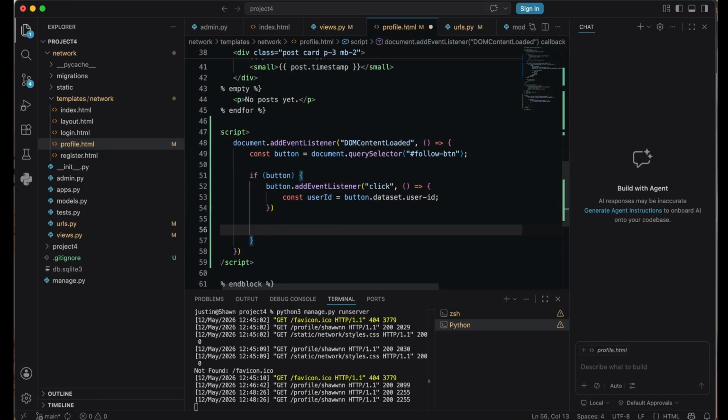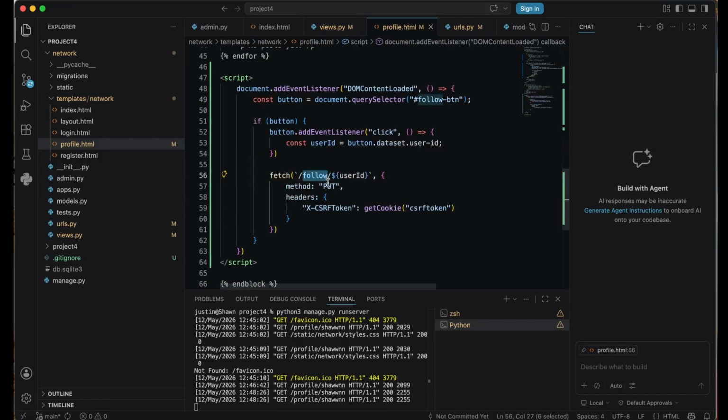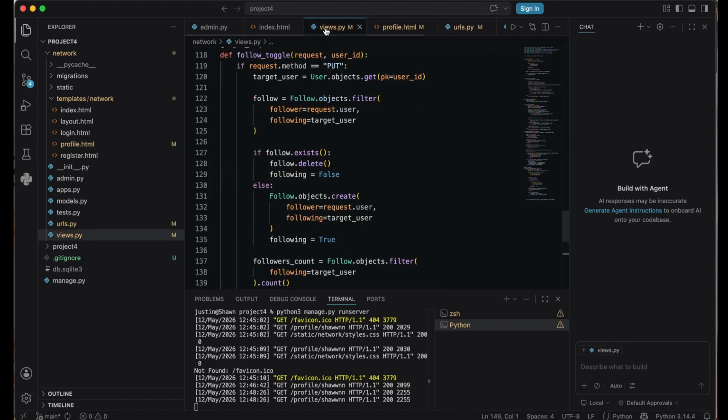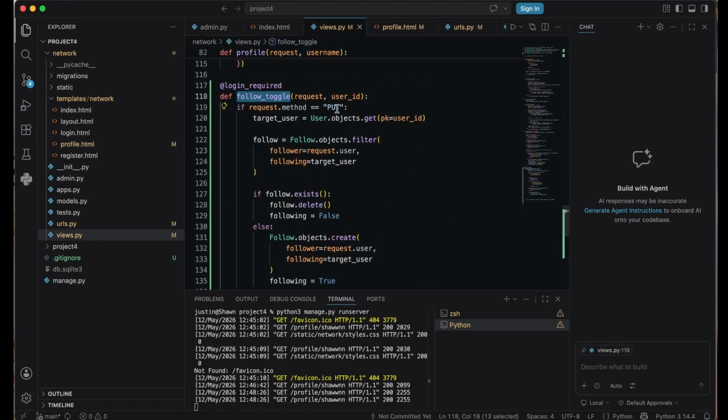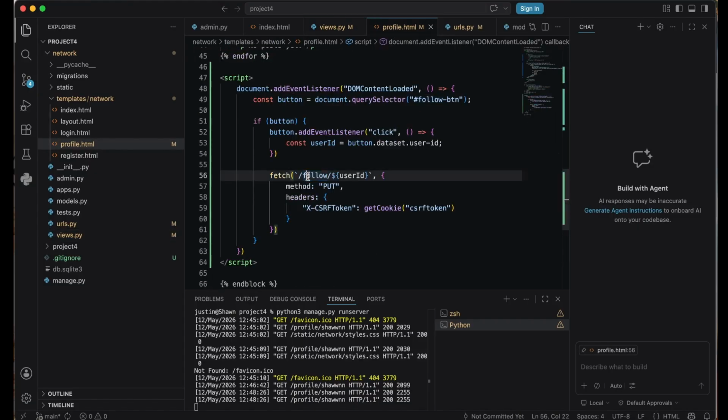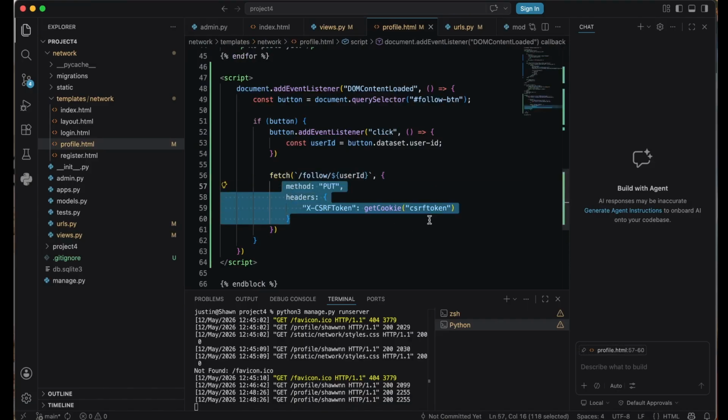And we're gonna use fetch, wherein the endpoint looks for our follow. This is what will execute this follow toggle and PUT method here in our views file. This is the endpoint follow, and it captures an integer ID. Then we're gonna put in the headers our CSRF token. Later we're gonna do our getCookie helper function, but right now we'll go as is.